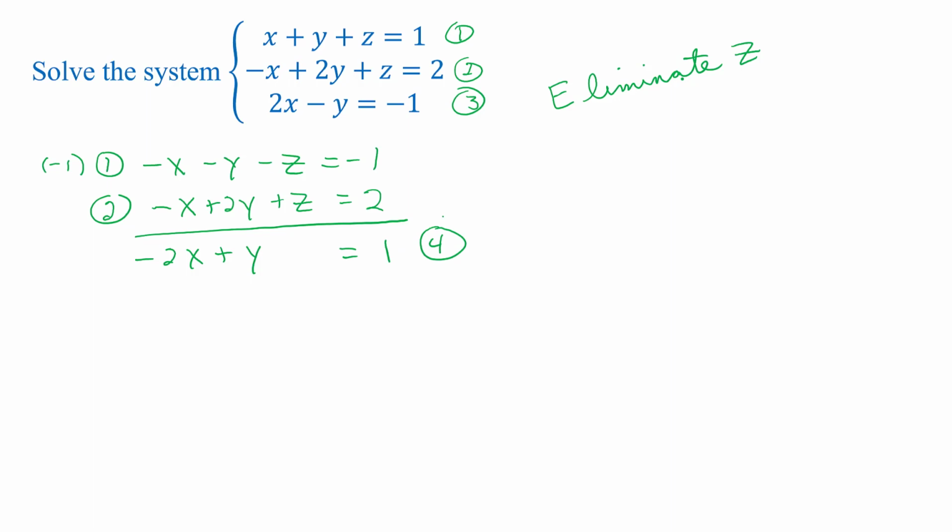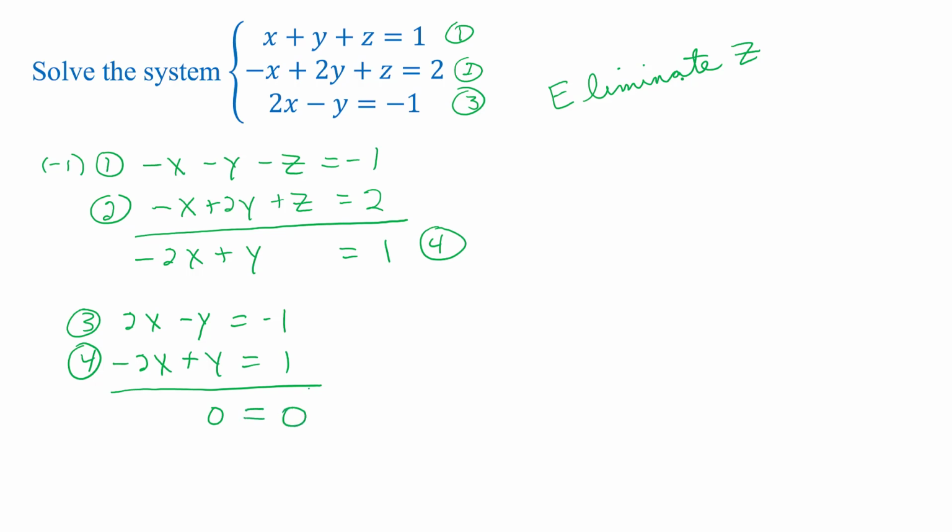Then if I add equations 3 and 4 together, they're set up nicely, so I don't need to do any multiplying. Equation 3, 2x minus y equals -1. Equation 4, negative 2x plus y equals 1. When I add these two equations together, I get 0 equals 0. Well, that's a nice answer, I guess. It does tell me I have a solution. It doesn't give me too much more information about the solution, but what I can conclude is that there